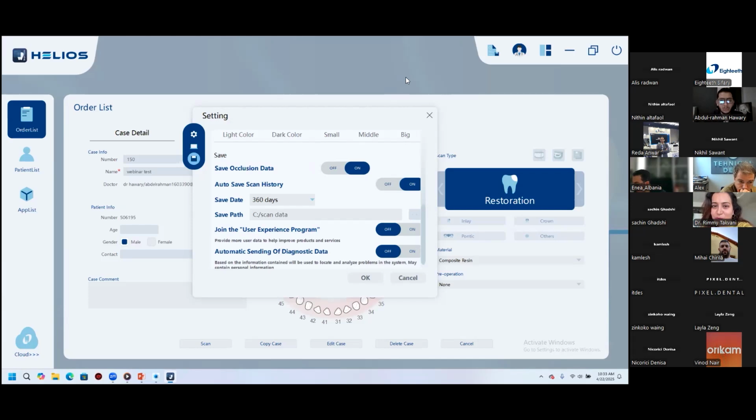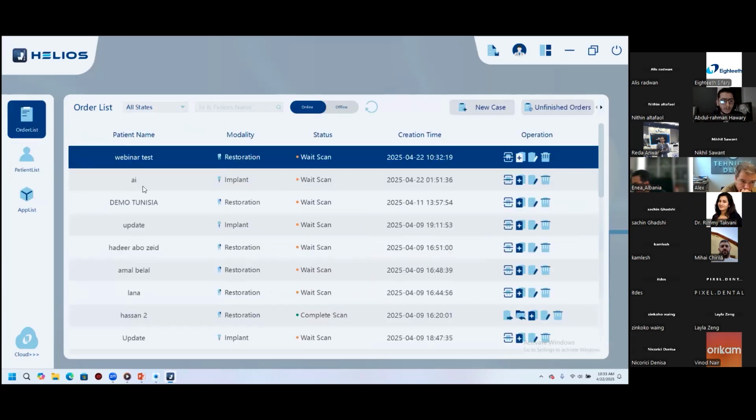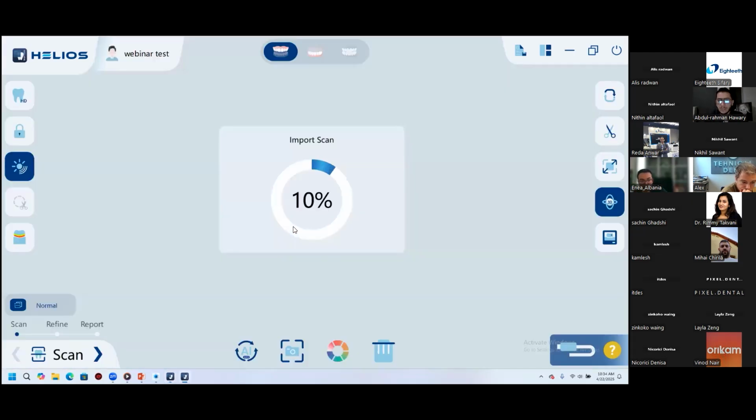Actually explaining it? Yeah, of course. You just click on the order list, any of these cases. If you want to edit anything within this menu, you just click on edit case. If not, just click on scan. It will start importing your previous scan because you have an activated scan history. Once you import it,